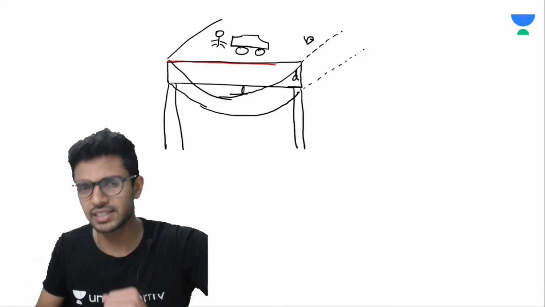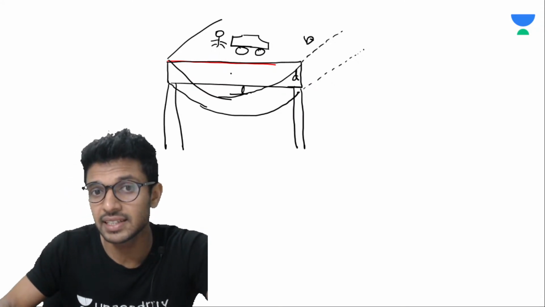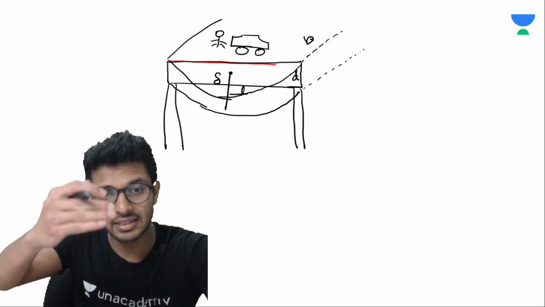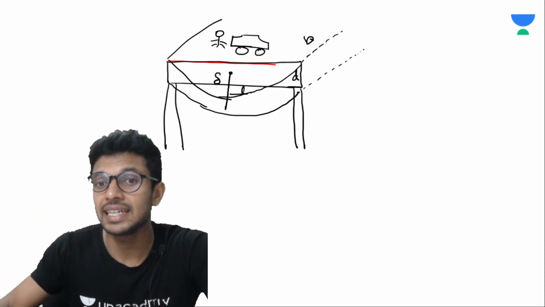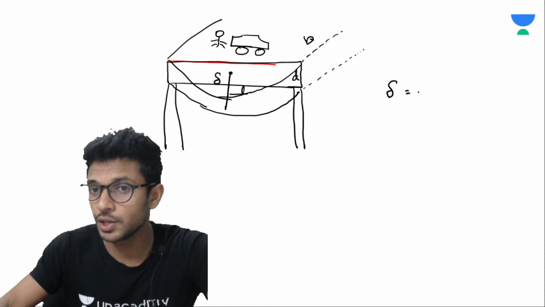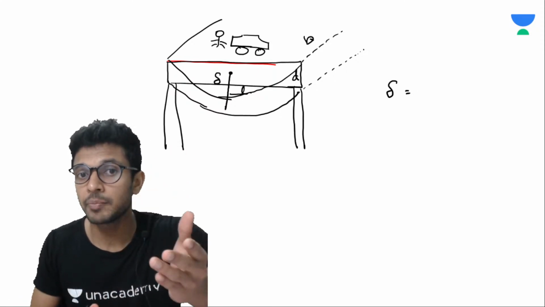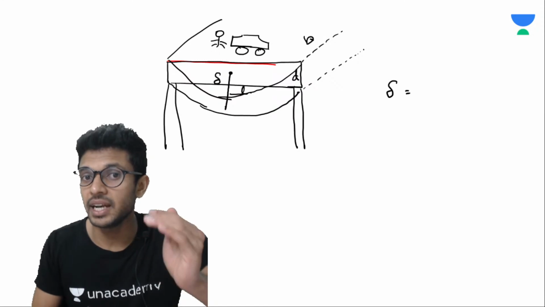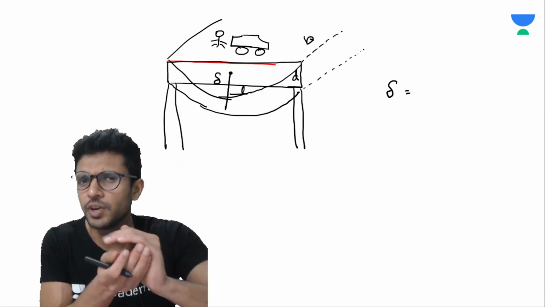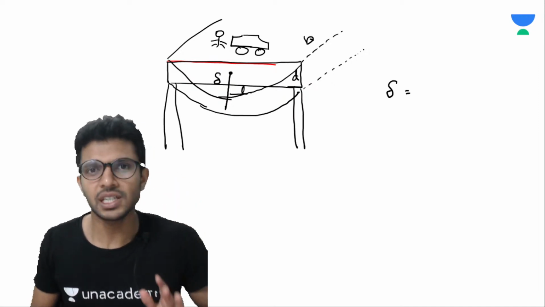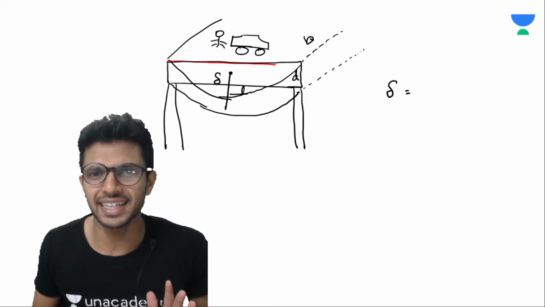Now let's see on what all things this bending is dependent. Matlab, if I mark this bending of the bridge as delta, we want to know on what all factors this bending depends. Why? So that we can minimize the bending during construction to a very minimum value, even if it is loaded with a high value. Understood? Yes, fine up to here.